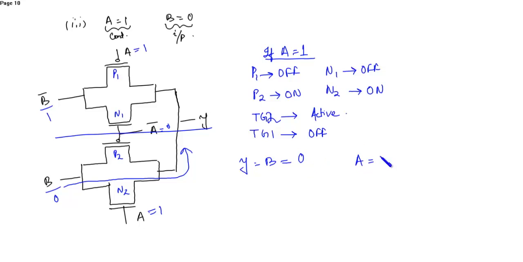So if A is equal to 1, B is equal to 0, then the output Y is equal to 0. This is verified. Now let's see the fourth condition, that is if both the inputs are 1. So if both the inputs are 1,